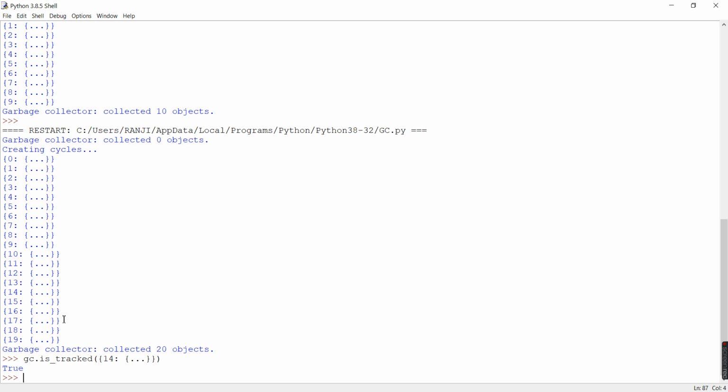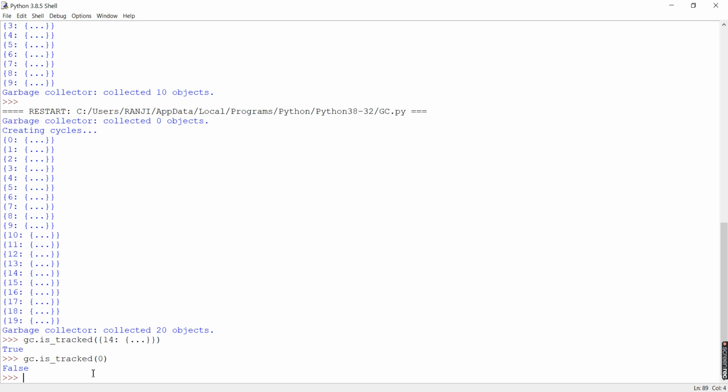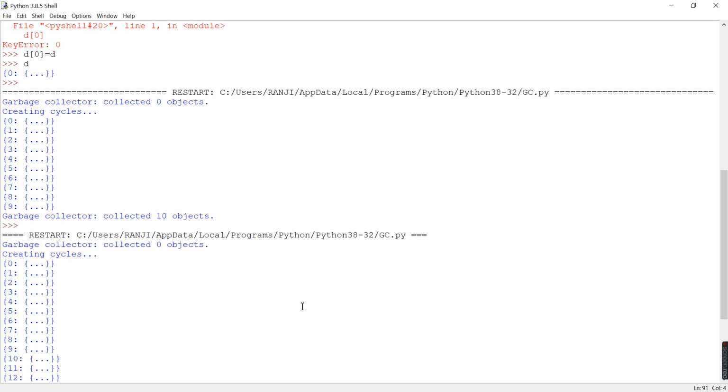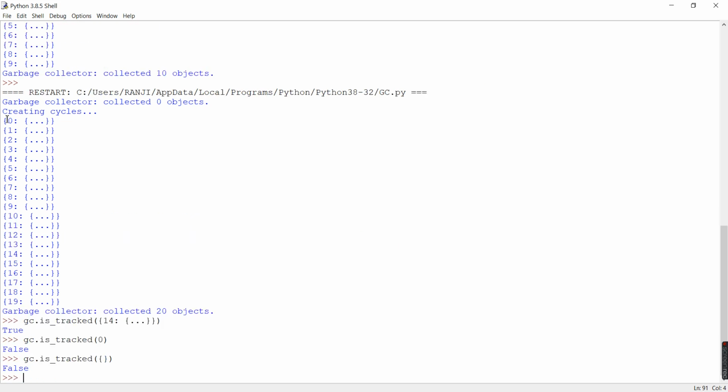And if I call gc dot is_tracked again with 0 or any particular variable, it says false. For the other variable, because we created a dictionary, it is false, since all those things were initially there and now it has some elements. So these things are under the current observation or control of the garbage collector. That is gc dot is_tracked.